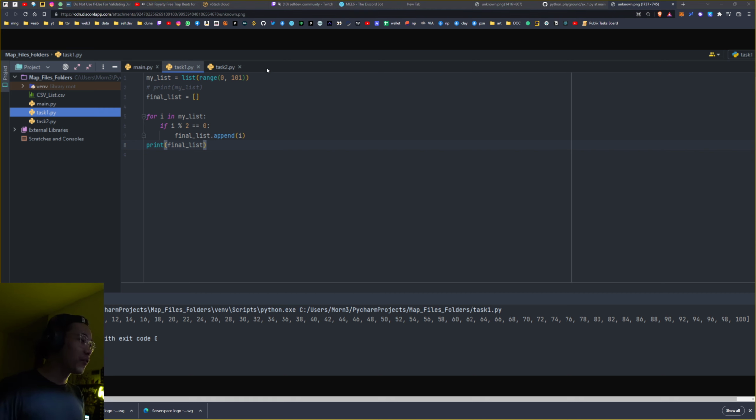Okay, so the first one is he declared a variable which is called myList here in line 1, which equals a list of range, and the range goes from 0 to 101, which is perfectly fine. Okay, Moni, so that was really good already, and this is also what we learned. But there is something you can change which improves everything in this line, and it will reduce a lot of the code you have written here, okay? So let's go to